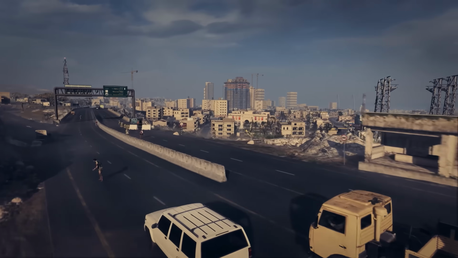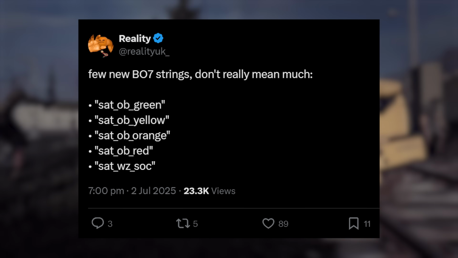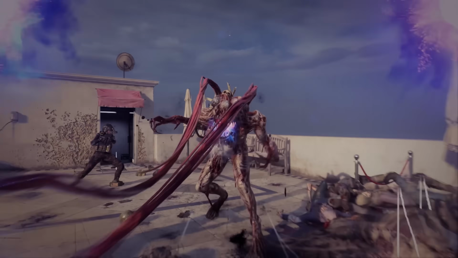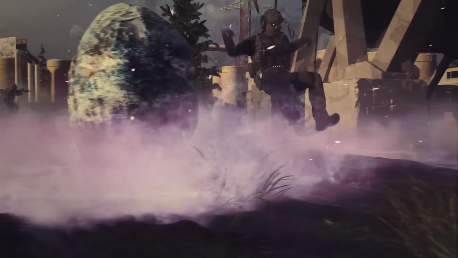Reality also found some new strings that confirm some areas of the apparent Outbreak map. Now, he tweets saying, "Few new strings doesn't really mean much," and I don't think he understood at the time what the abbreviation OB meant, but there's multiple references to areas of an Outbreak map with them being labeled green, yellow, orange, and red. And this is not unusual to see throughout Black Ops 4 Zombies. Treyarch had the code names of every DLC map to be named after different colors. Code names of the Zombies maps in BO6 are currently named after gemstones, so it seems that there is an Outbreak map that currently exists within the code, and we have seen that there is going to be at least